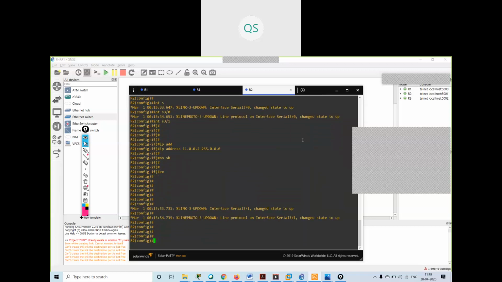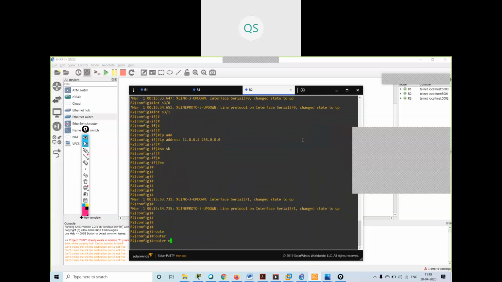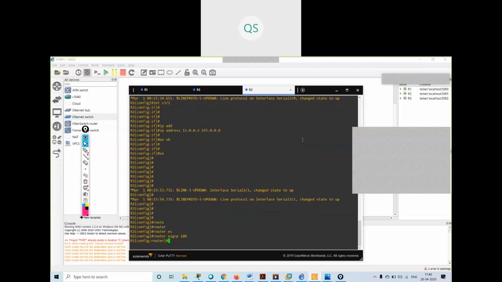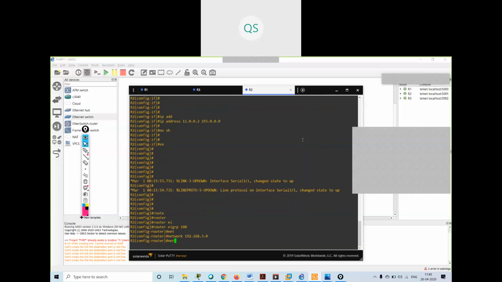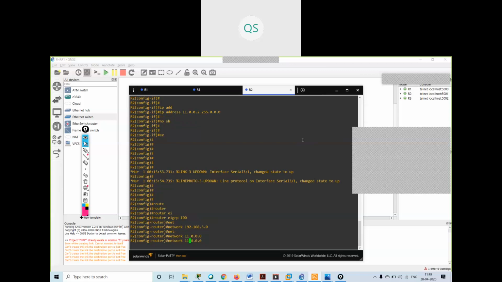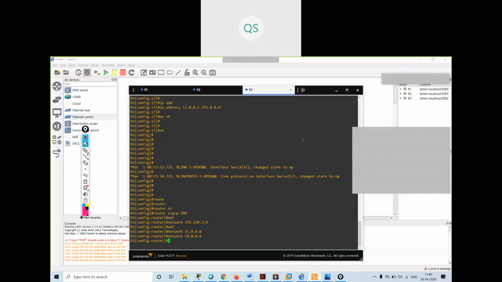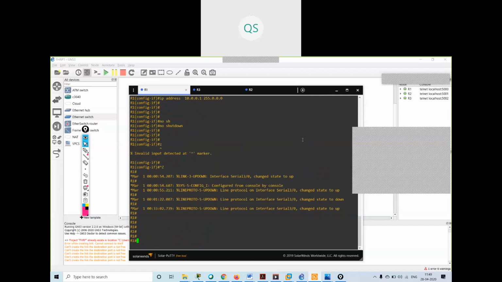So how to configure EIGRP? The command is router EIGRP 100. Then I have to advertise the networks. How many networks am I having? I'm having the 192.168.3 network, the 11 network, and the 10 network. I've advertised these on router 2.